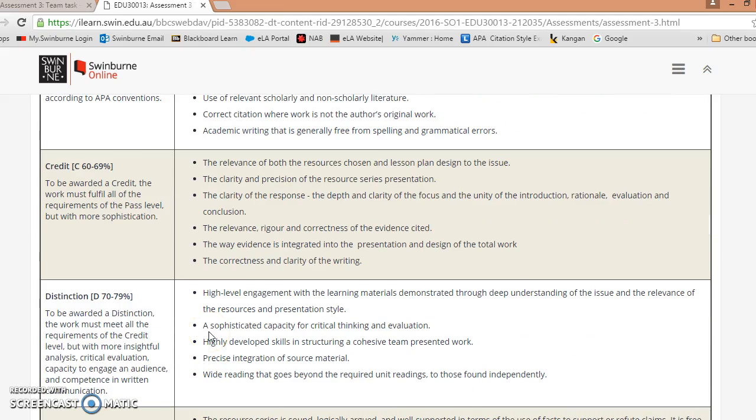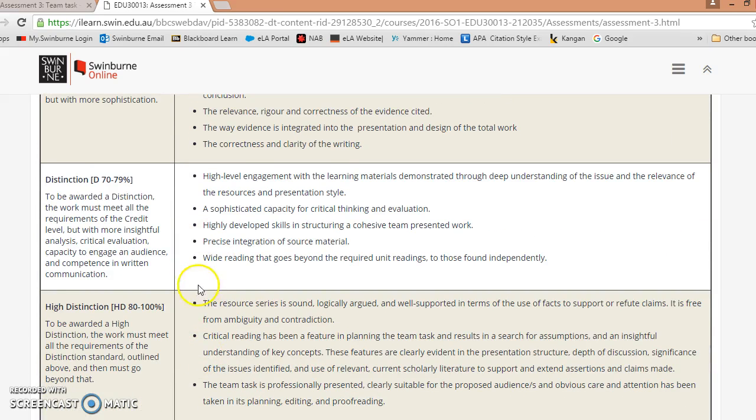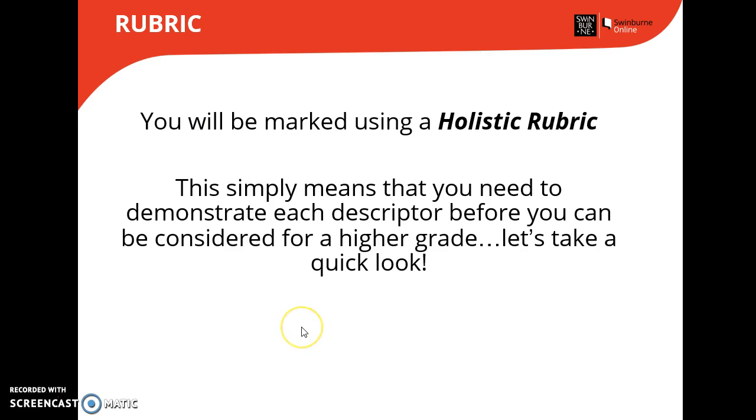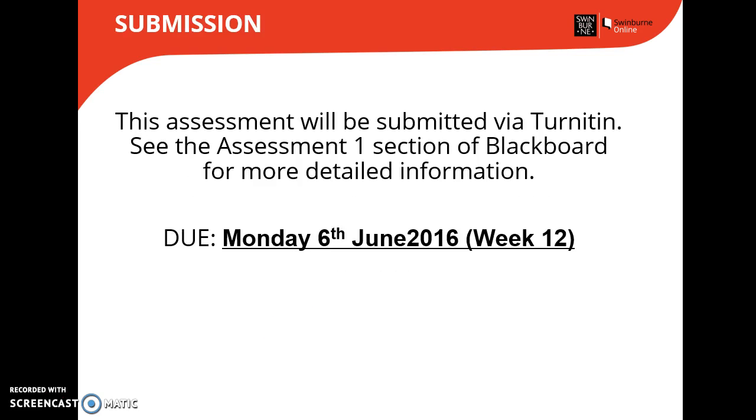And to be considered for a high distinction, you need to have met all of the dot points below. So distinction, the credit, and the pass to be able to get a high distinction. Okay? And make sure you're using your rubric as you are working through your assessment. Have it right there next to you.